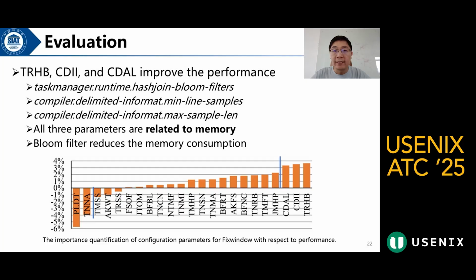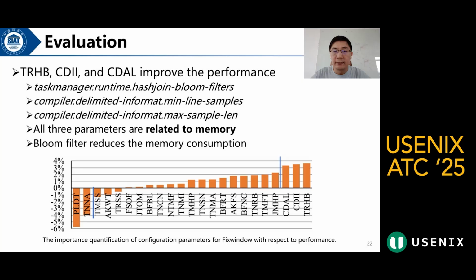We further investigate how the parameters affect the performance. We quantify the importance of configuration parameters for fixed window with respect to its performance. TRHB, CDRI, and CDAL are the three parameters that improve the system performance with the most correlation. Their meanings are as follows. We observe that they are all related to memory. For example,